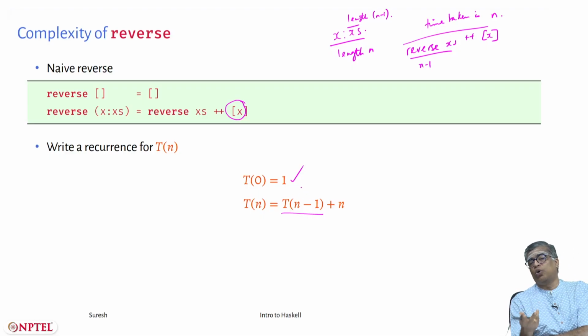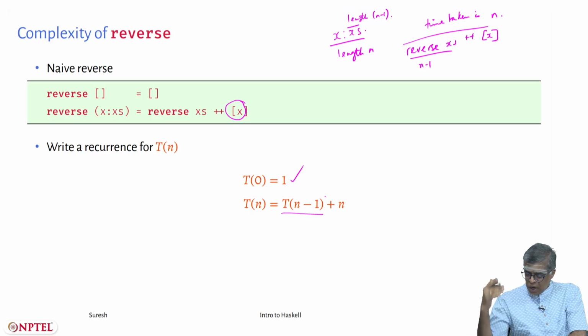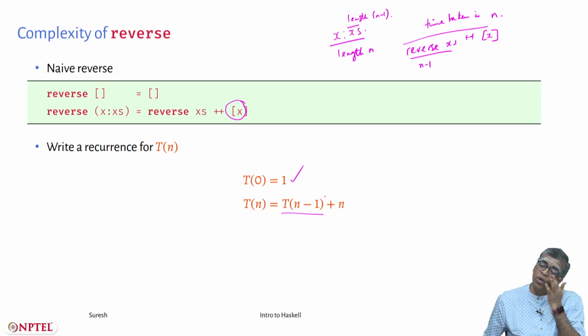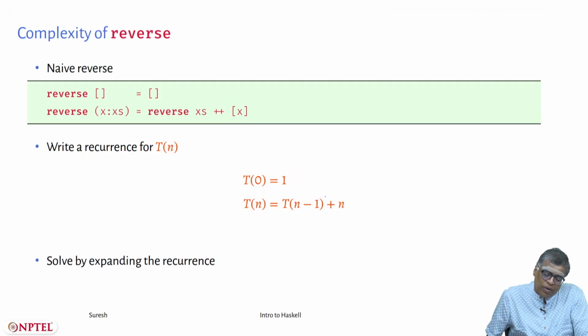Here we have two equations, and in the equation on the right the same t occurs, and that is really a recursive equation. So, you would like to take away the recursion, and the simplest way to do it is just to use some kind of high school math, that is all you need. You have to unroll the recurrence. You have to expand the recurrence.